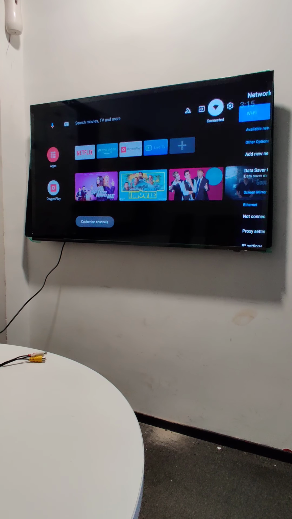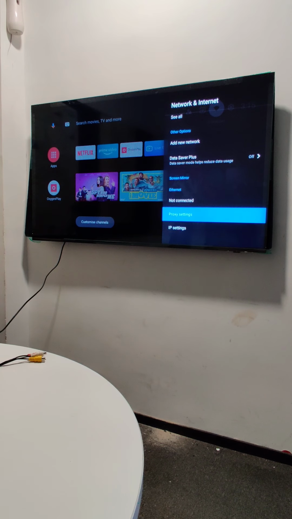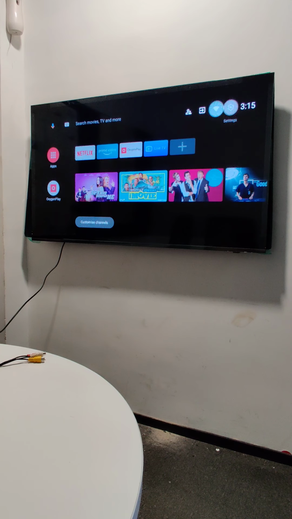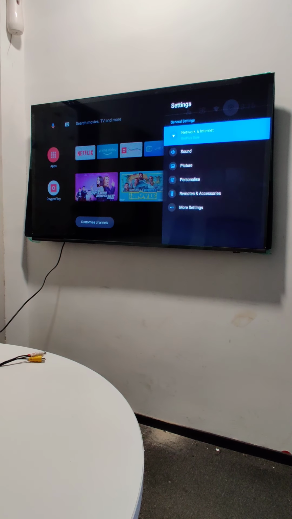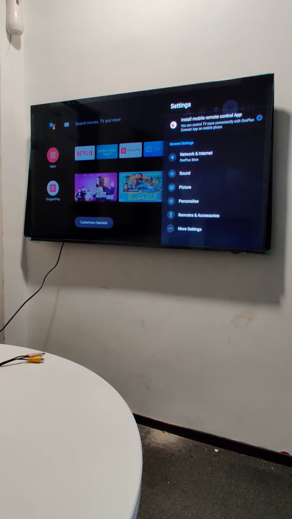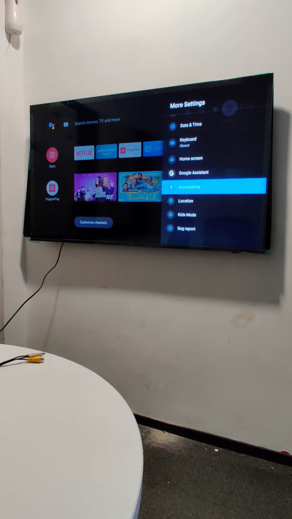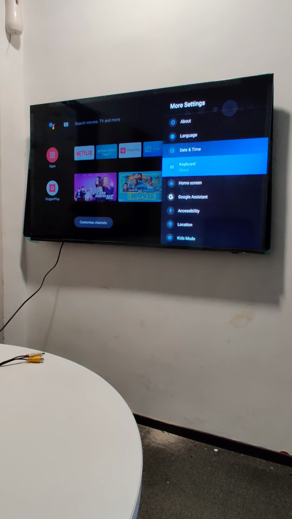You can connect to different Wi-Fi. Okay, and definitely you can go to setting and see there are only minimal setting options available. So kids mode, bug report, location, some of the major settings are not available over here.